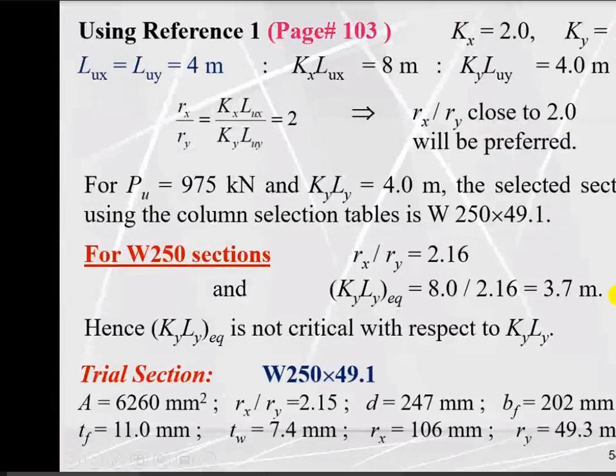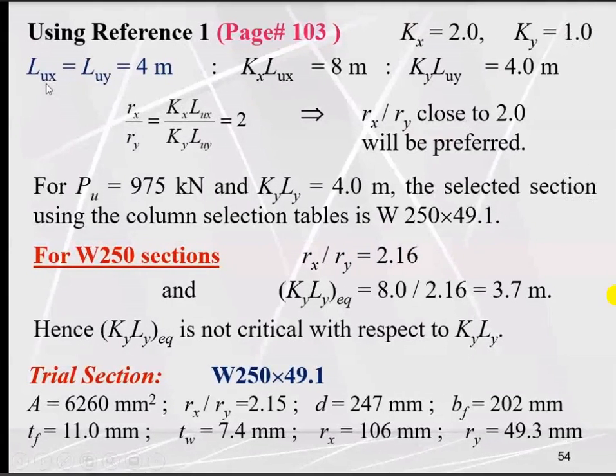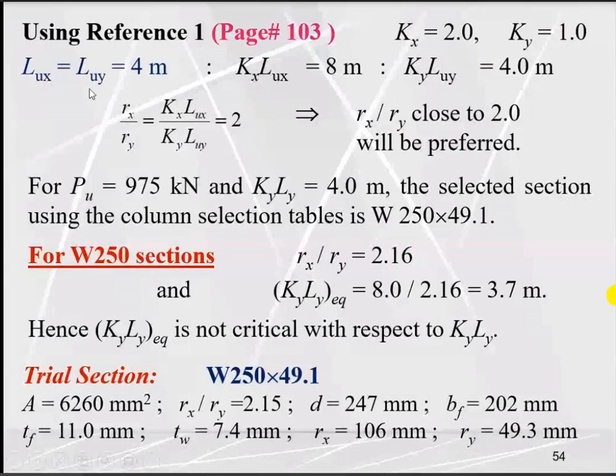So from page number 103, the unbraced length about the x-axis and the unbraced length about the y-axis will be the same because no bracing is provided. Bracing is only provided for side sway, not to reduce the effective length or unbraced length. So Kx value, actually here he has considered 2. I think there might be a mistake in the data, but this value is supposed to be 2.1, and the Ky value is supposed to be 0.8. But anyhow, this problem is solved for a Ky value of 1. So you can redesign this problem by considering Kx as 2.1 and Ky as 0.8.